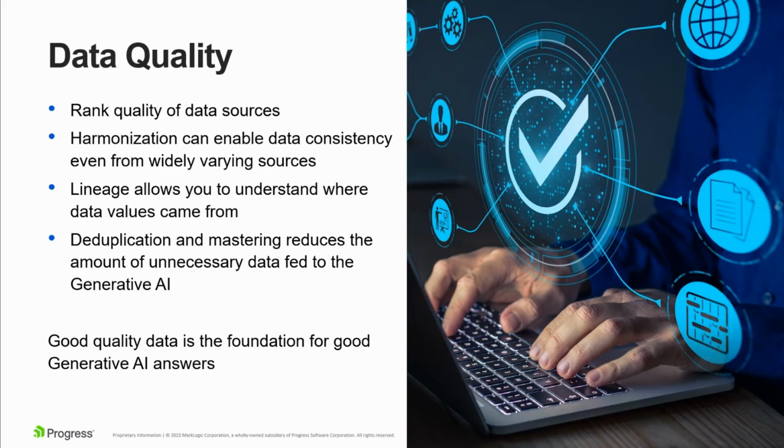So suppose you have two documents. One says the sky is blue, one says the sky is red. You feed those into your system and you say, what color is the sky? And one system will say red, one will say blue, and one will say, I don't know. And so the answer to that is you rank your data sources.